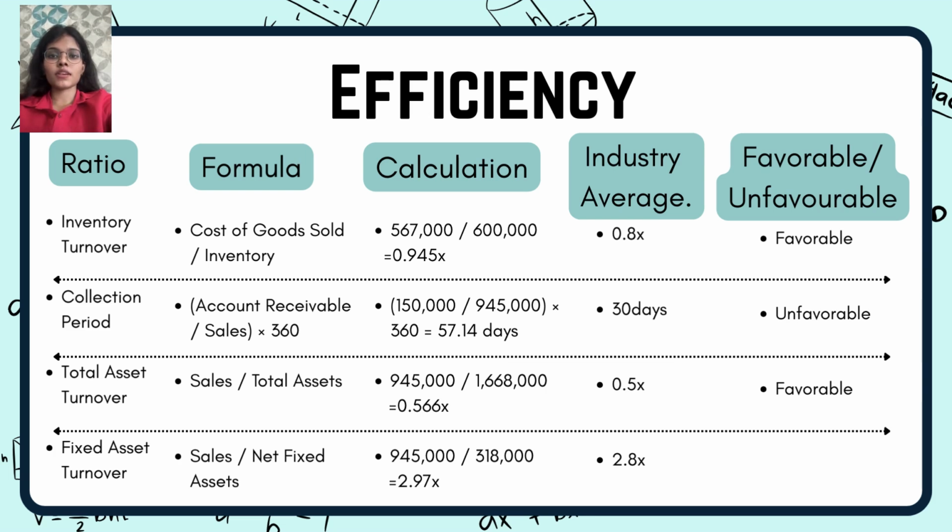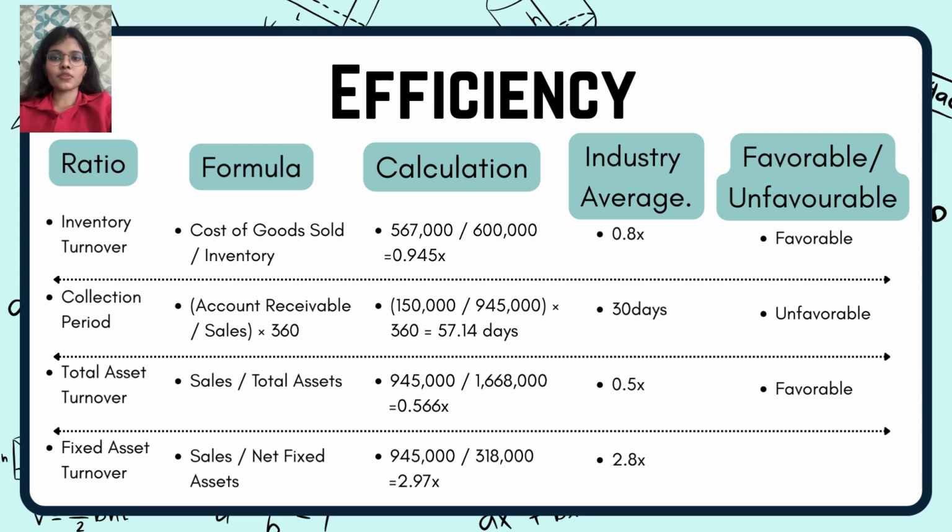For the collection period, the formula is account receivable divided by sales multiplied by 360. Therefore, the collection period is 150,000 divided by 945,000 multiplied by 360, giving 57.14 days. The industry average is 30 days. This is unfavorable, as it shows that customers are taking longer than expected to pay, which may hurt the cash